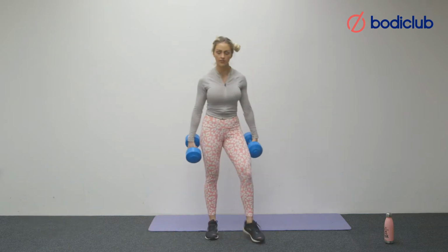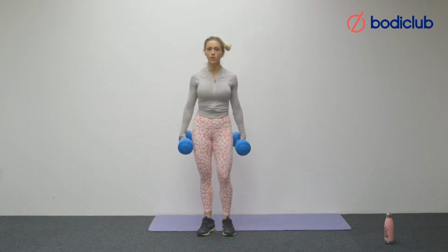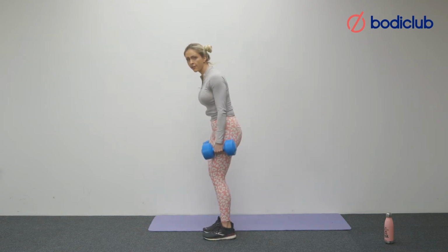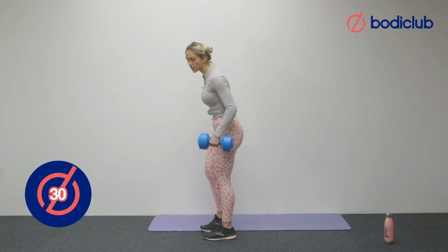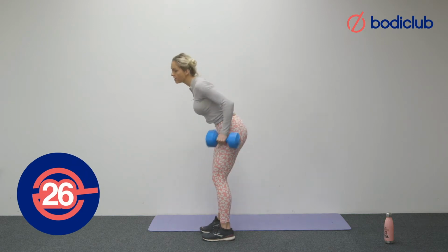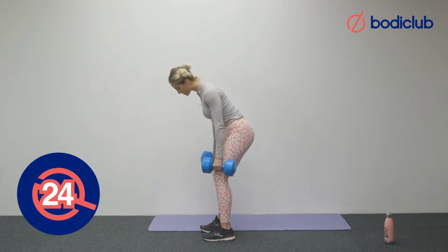Shake it off. Okay, just give yourself a second to recoup. And we're going to go into our bent over rows. Now, if you've got really heavy dumbbells, what you can do is use one at a time, and you can alternate. Okay. So as I said, just sliding your hands beside your thighs,